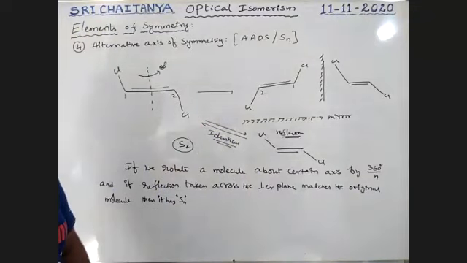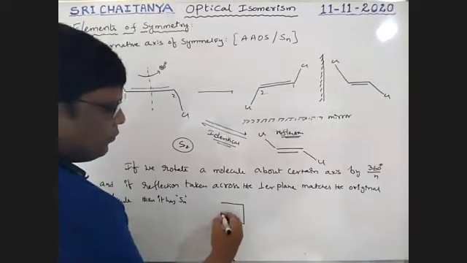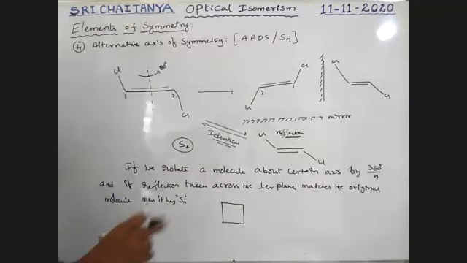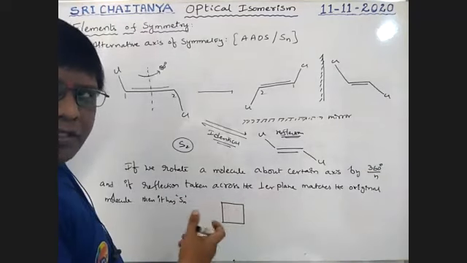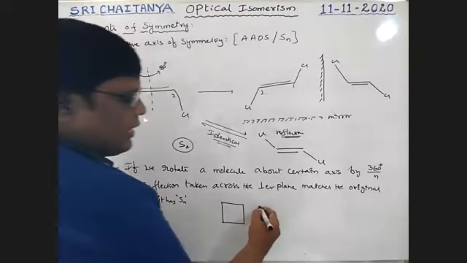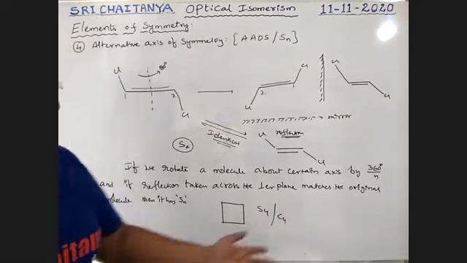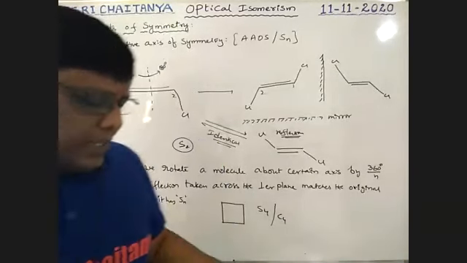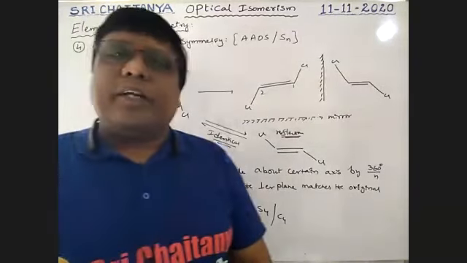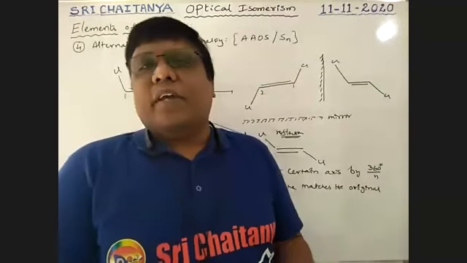So very, very important. See here, let us take an example. This is a square. For every 90 degrees rotation, it gives the original structure. So therefore, it has S4 symmetry and C4 symmetry. Both are accepted, boys. So this is alternating axis of symmetry, very, very important.